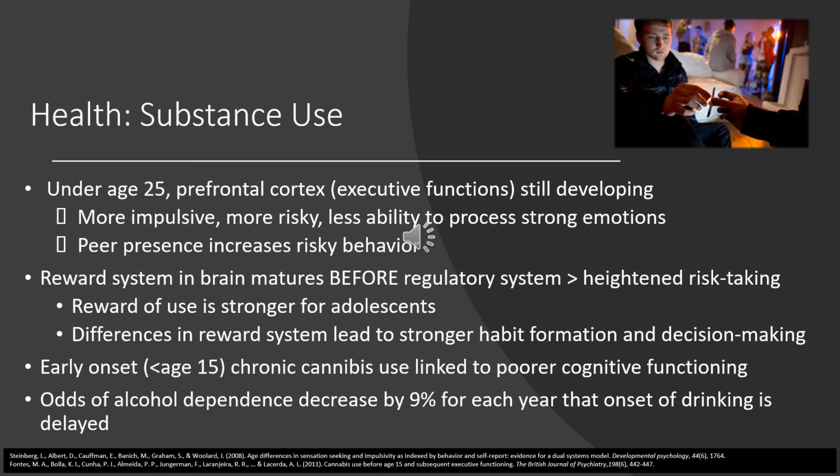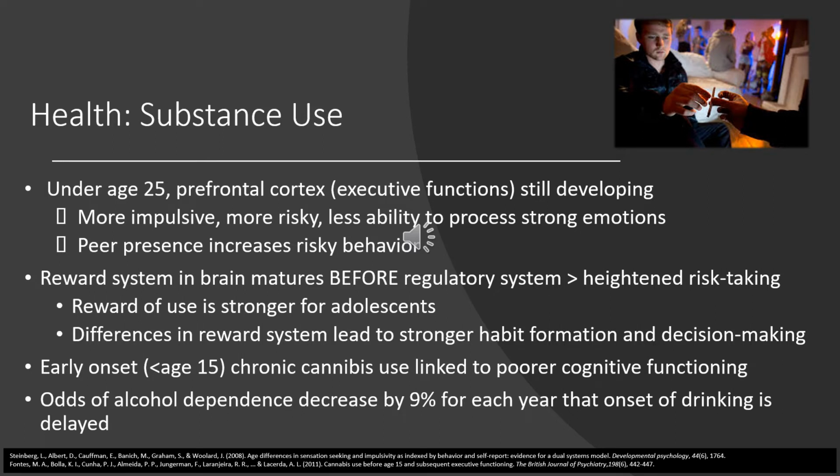So this relates back to what we talked about with the Lawrence Steinberg kind of brain development, in the sense that the reward system develops before the prefrontal cortex. And so using the driving metaphor again, you can push on the gas better before you can push on the brake. And so this means that you're more likely to be impulsive, more risky during adolescence, which predisposes you to